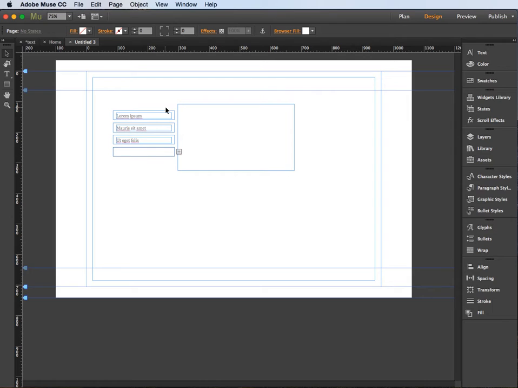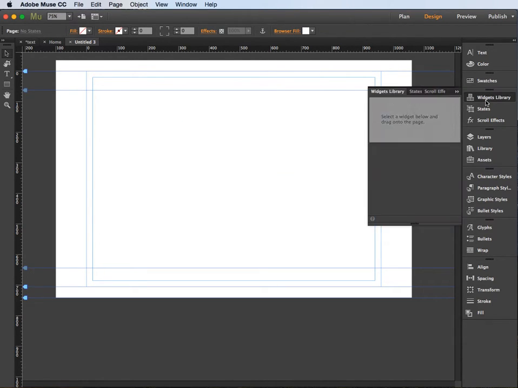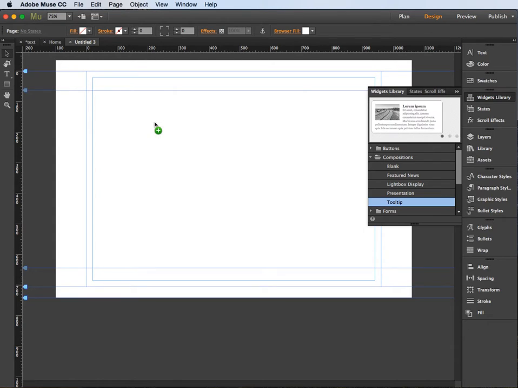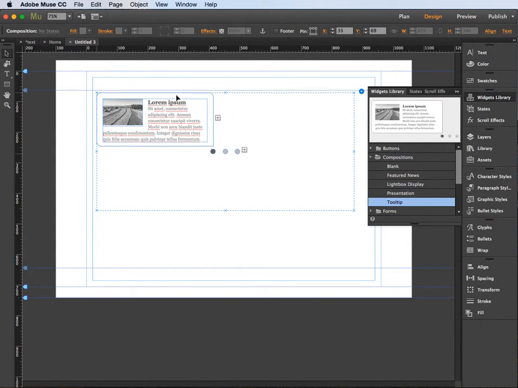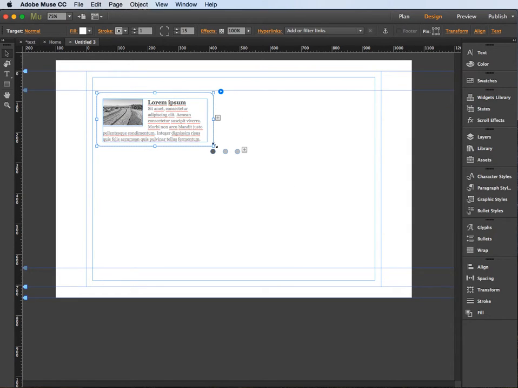I'm just going to select that and then delete it and show you another widget from this compositions. This time I'm going to show you a tooltip widget. This is really quite a nice one, so I'm just going to drag this on again and we'll have a look straight away how this works. We're not going to do anything at the moment, we'll just have a quick preview and see what happens. Control Shift E to preview,